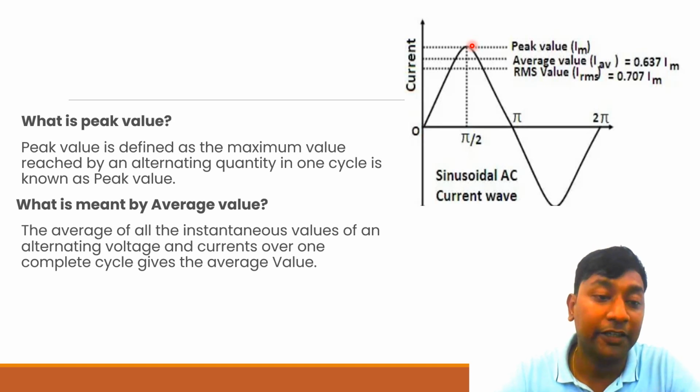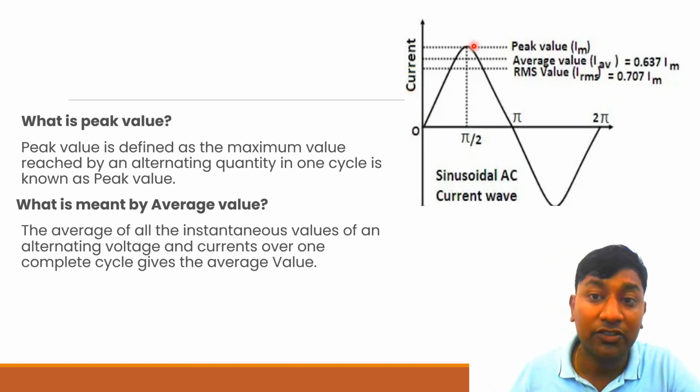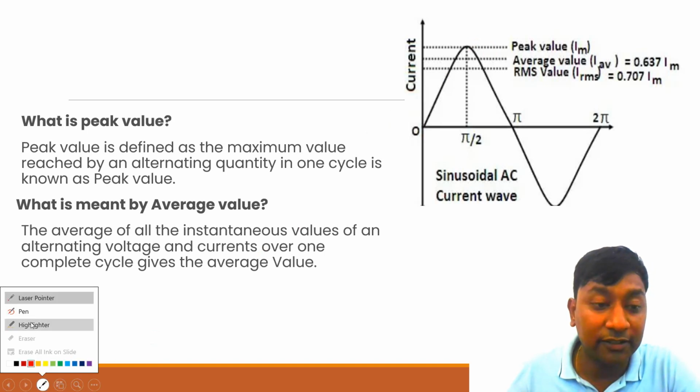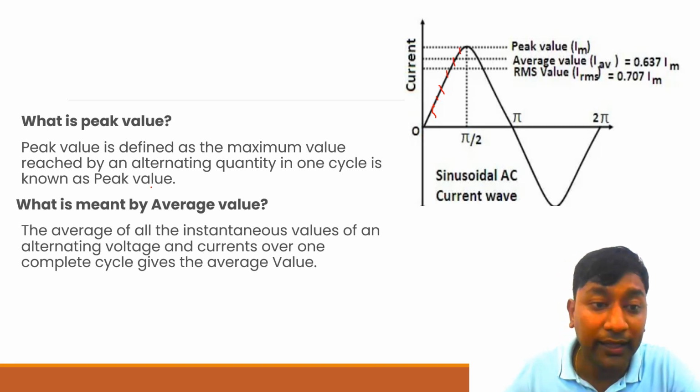Similarly, what is meant by average value? It is the average of all the instantaneous values. This is called instantaneous: at a particular instant, this is the value. This is another instant, similarly this is another instant, and this is another instant. So the average of all the instantaneous values of an alternating voltage